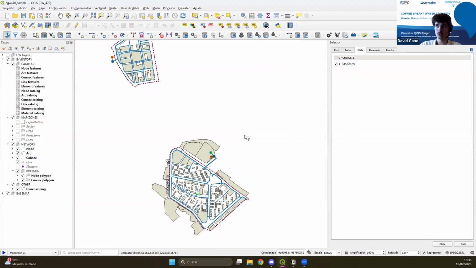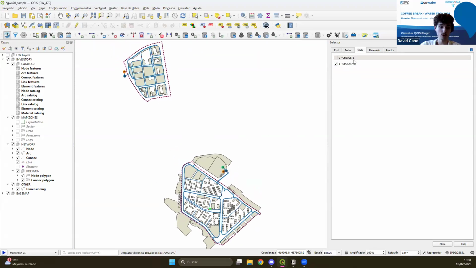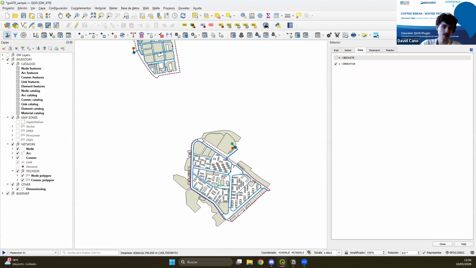And then state, we can see maybe the obsolete pipes that we could have. We don't have any here, but these are the states of the elements. We have the planified, we have the operative, and we have the obsolete. So operative, obviously, is what we have. Planified is what we want to have. And obsolete is something that we had, but we no longer have. So with this check, we could see that. Then we can also